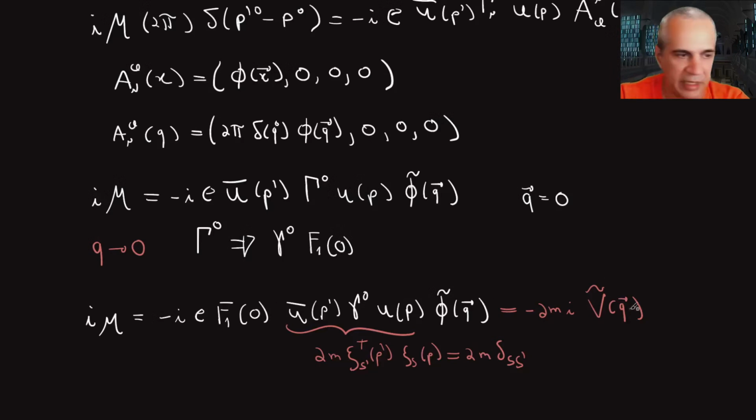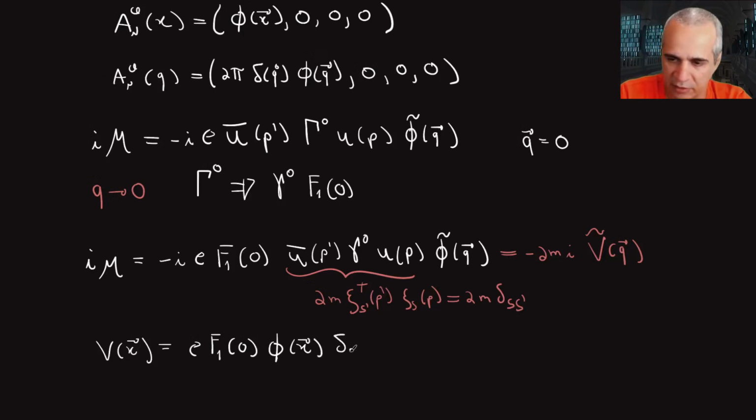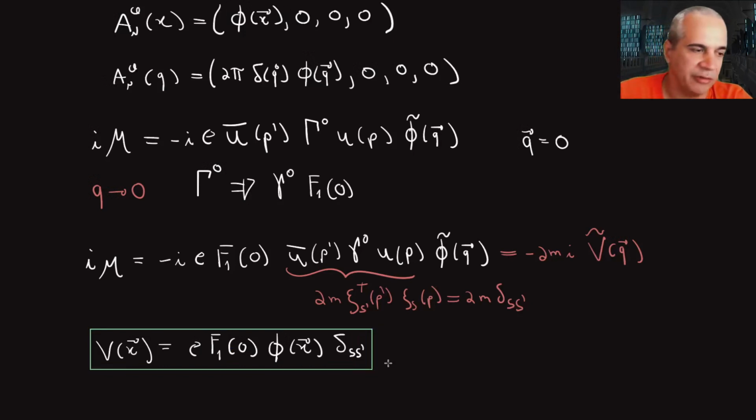Comparing these two relations, I can get the potential, and then do a Fourier transform for that potential. I go back to this guy, I'll just do a Fourier transform on phi tilde and go back to phi of x, and this will be just V of x is equal to e F1(0) phi of x times this delta of spin, just not flipping spins at this approximation. Which gives us a nice interpretation for F1. F1 is essentially the charge of this fermion, in this case the electron, interacting at that vertex,